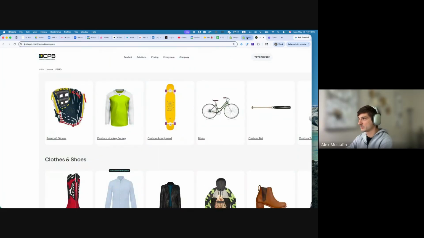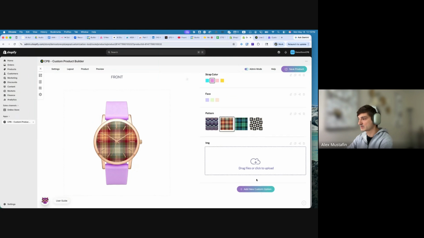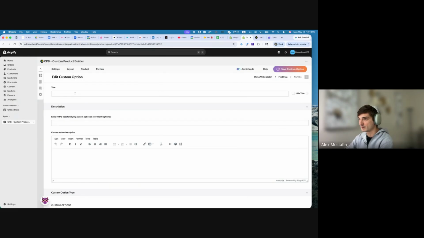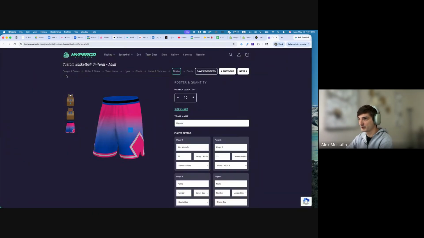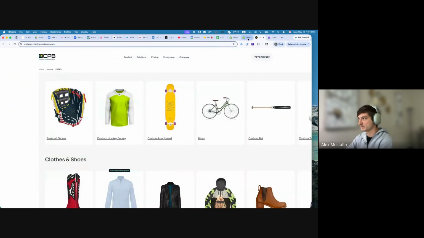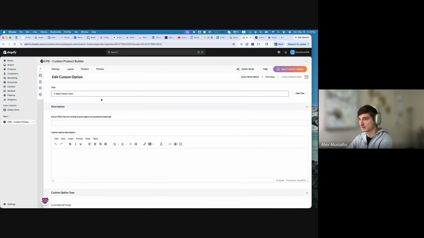And then you have custom options, and then each custom option comes with a title. For example, here on the first step, design and colors, the first step is select pattern style. So here the first option can be select pattern style. And then